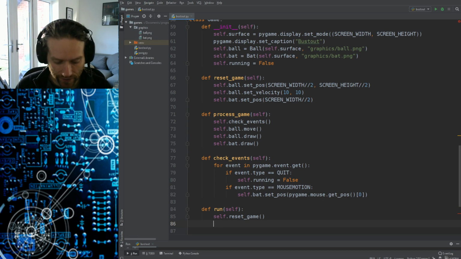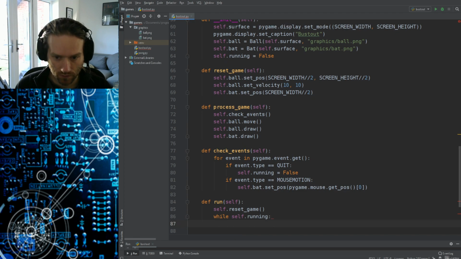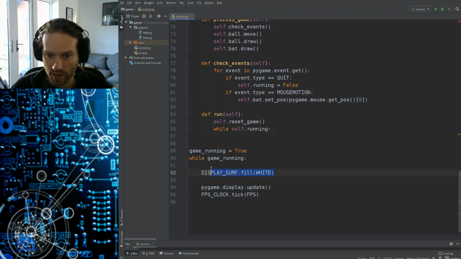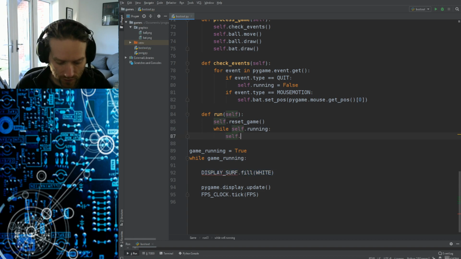Then it is going to say while self.running, and while it is running, we are going to do self.surface.fill white,